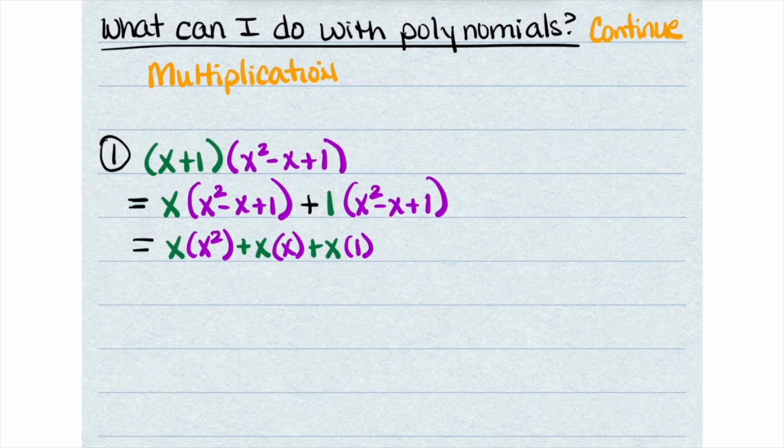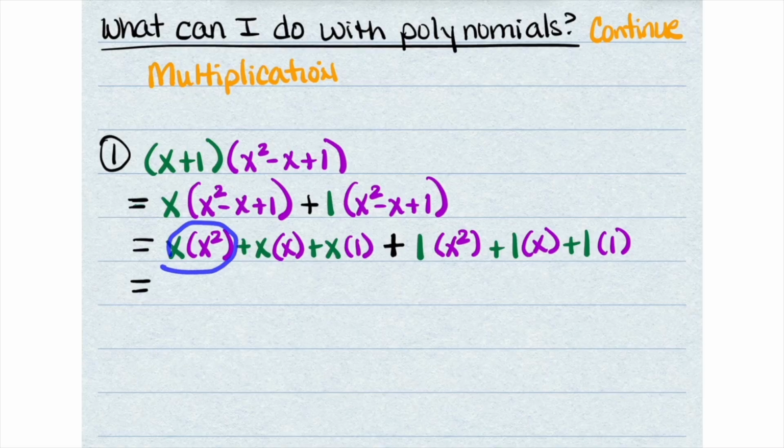Okay, and then plus, it's my black plus, right? And then we have 1 times x squared plus 1 times x plus 1 times 1. You'll see that? All right, so multiplying x times x squared, that gives us x cubed. X times x, x squared. X times 1, x. And then you're going to say plus